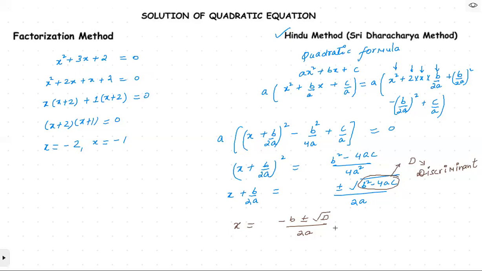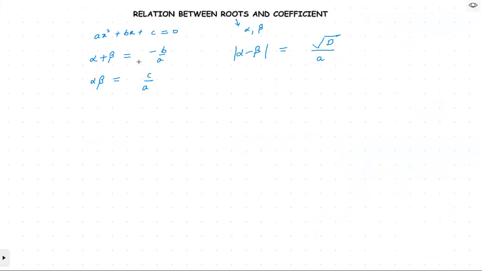So we have all the roots, right? So what we can do is x1 हमें पता चल गया क्या है, minus b plus root d divided by 2a. x2 हमें पता चल गया क्या, minus b minus root d by 2a, right? So आप x1 plus x2 कर देंगे तो अल्फा प्लस बीटा आ जाएगा, because the roots we have assumed here are alpha and beta, जो कि यहाँ पे x1 x2 माने हैं. So these are the things that you should remember, right? These are very very important, which will definitely help you to solve the questions quickly, जो कि हम अभी थोड़ी देर में करने वाले हैं. So do remember this.